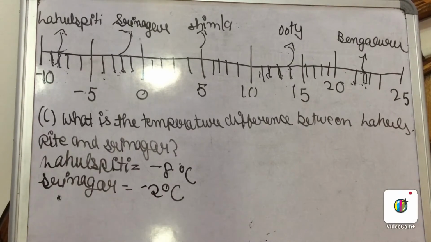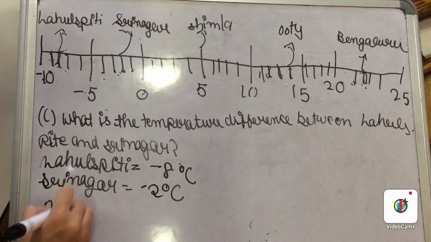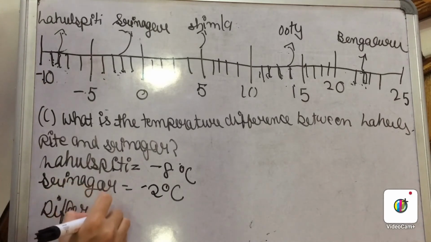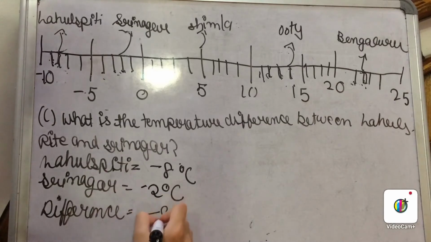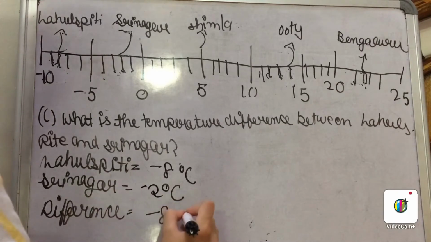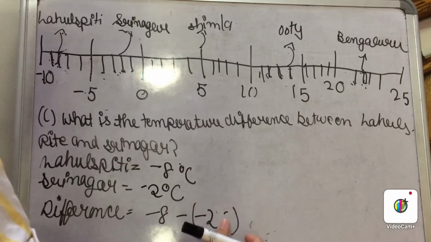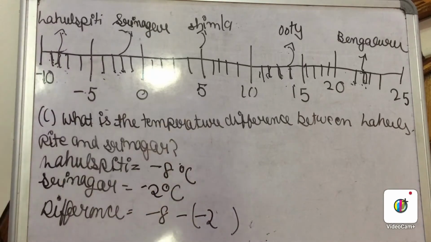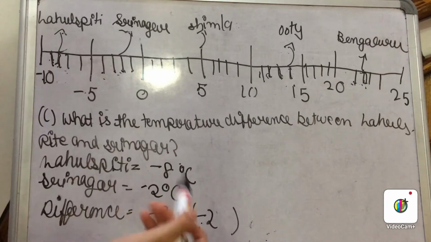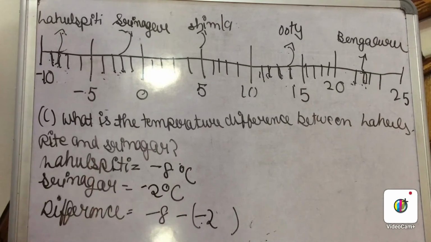Now we will find out the temperature difference between these two. So we will write here the difference and write here the numbers, -8 -(-2). No need to write the degree Celsius. So now let us solve it. As you can see, there are two minus signs because we have to find the difference. So there is one minus sign and the value of 2 is -2. So if we solve this equation now, -8